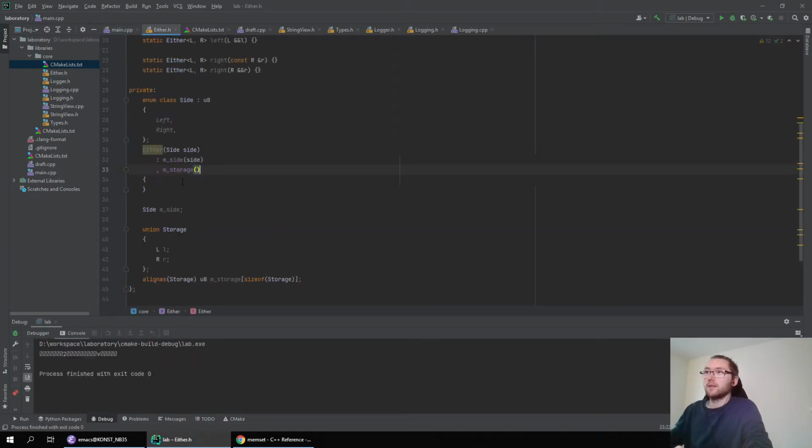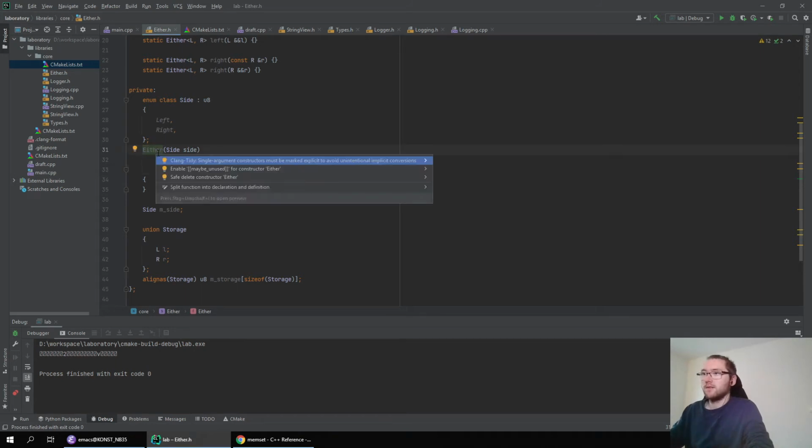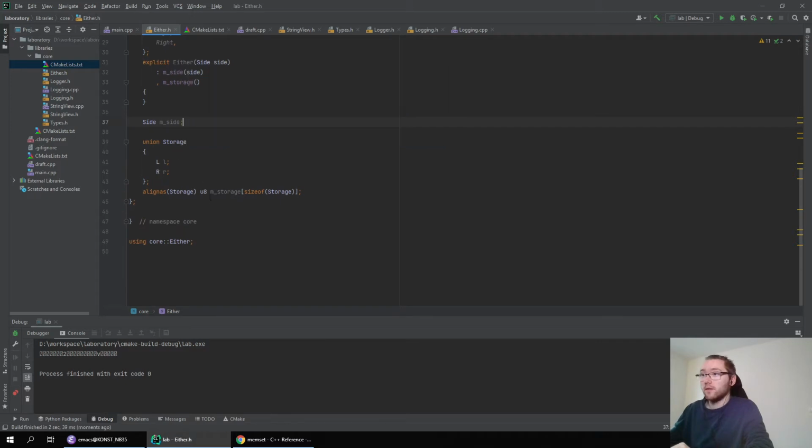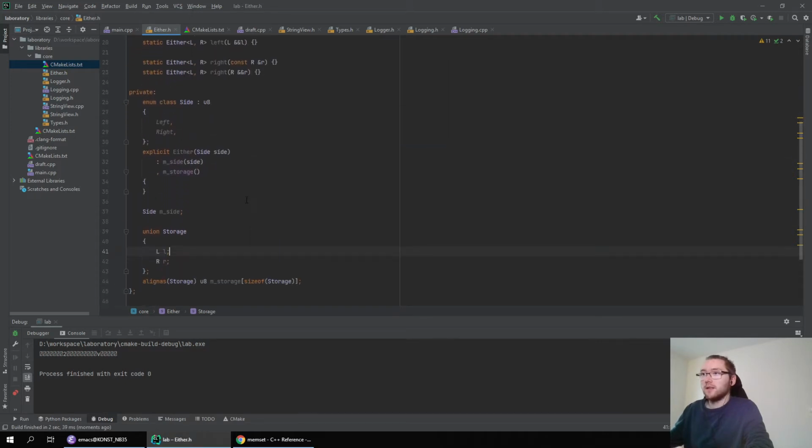This is exactly what I want. So like this, it should be initialized. And now the constructor can be explicit. Perfect. So that's how I want it.